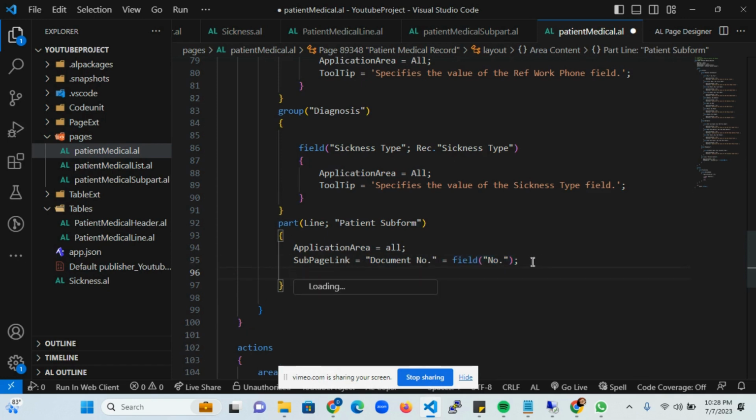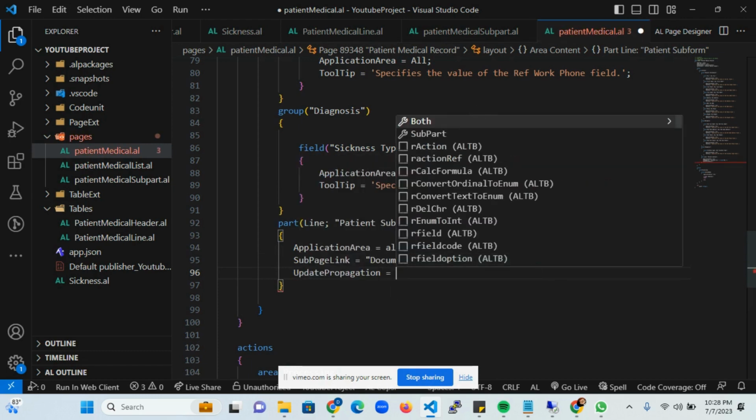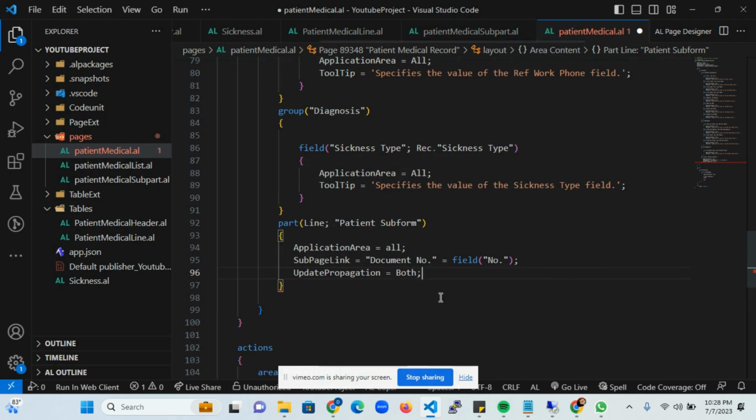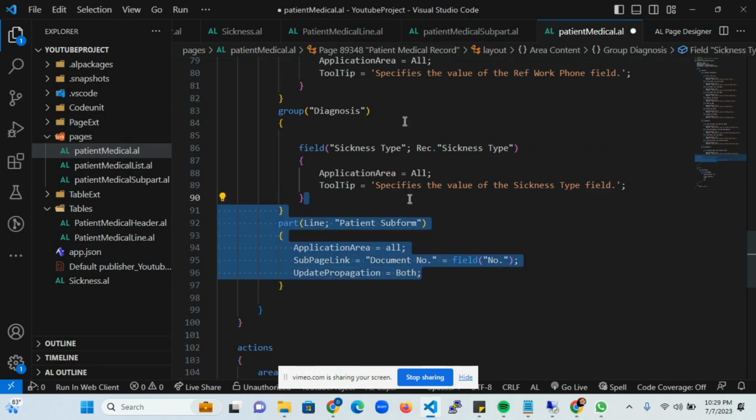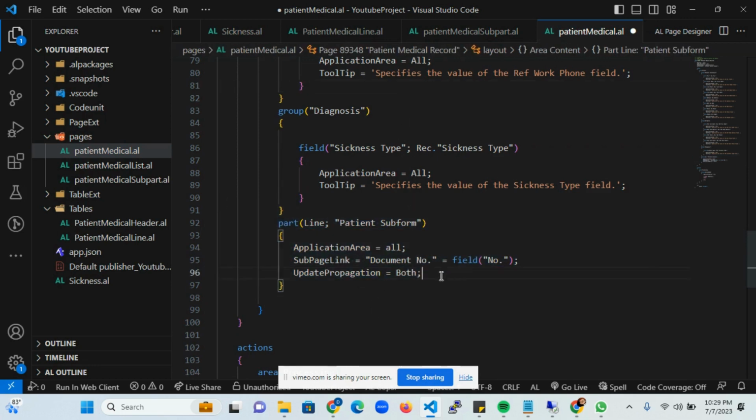So I can also use update propagation, and I have a few options. I have both. Whatever update happens on the header, I want it to update the line. Whatever update happens on the line, I want it to update the header. So we can even go further and say